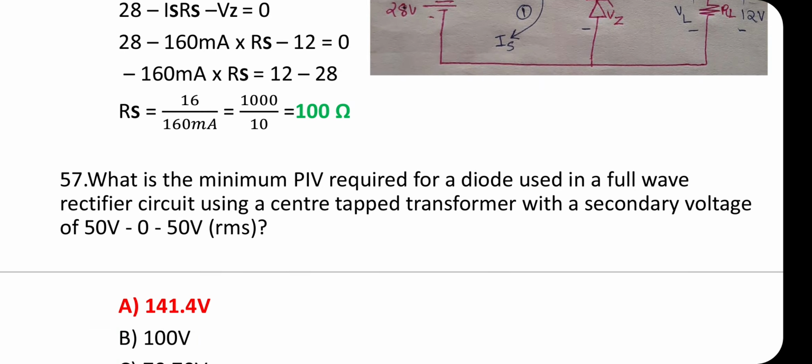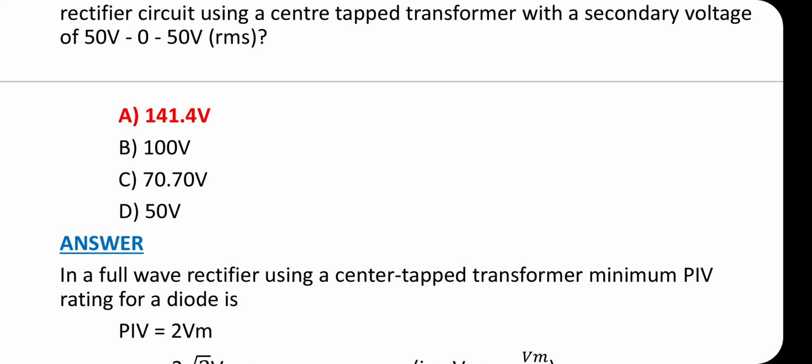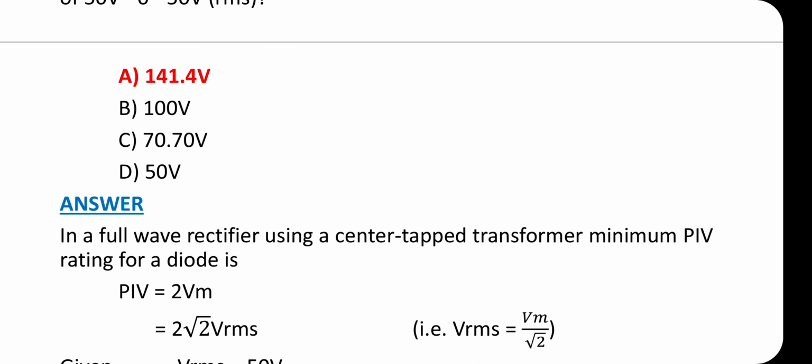Question number 57. What is the minimum PIV required for a diode used in a full wave rectifier circuit using a center tapped transformer with a secondary voltage of 50 volt RMS? Option A is the correct answer,